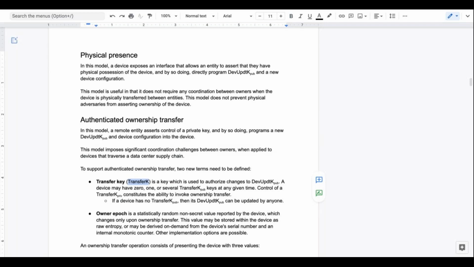Now, the vendor does not control the current dev update key, so they can't just push arbitrary configuration to the device, but they can assert ownership by invoking ownership transfer. That's a decision the owner can make: do they want to give the vendor that control or not? So how many transfer keys does the device have to store? We could practically put a cap on 2 or 3. I don't know. Do you see a reason why you want more than that?